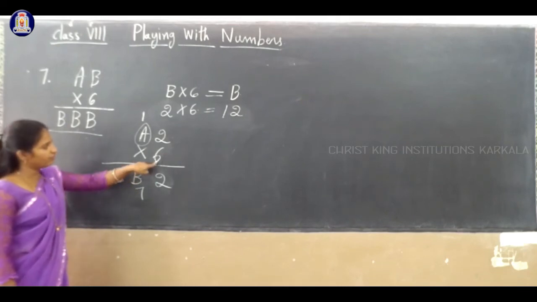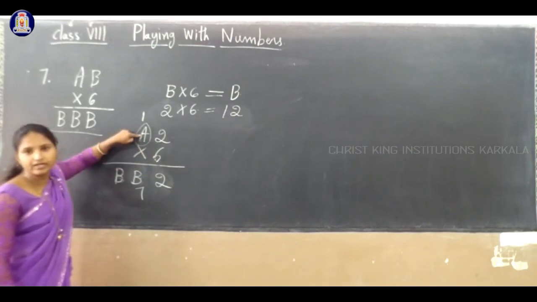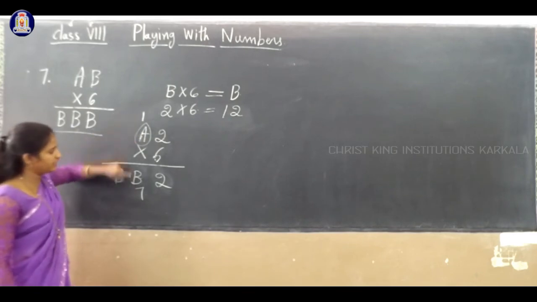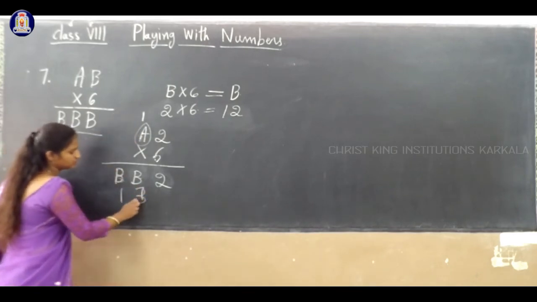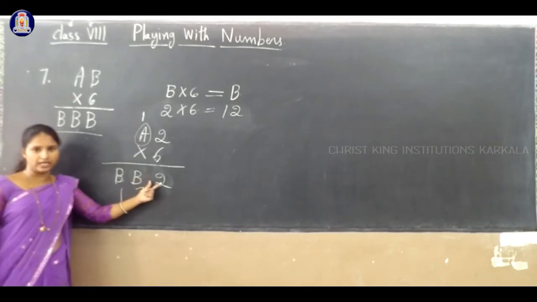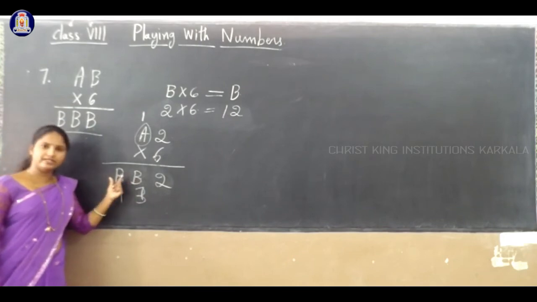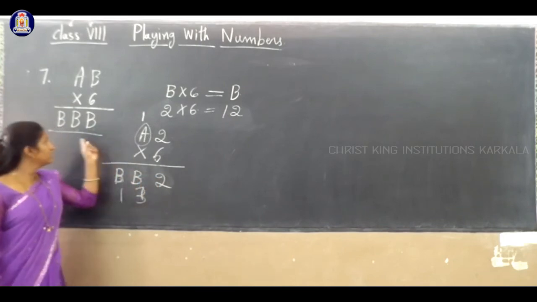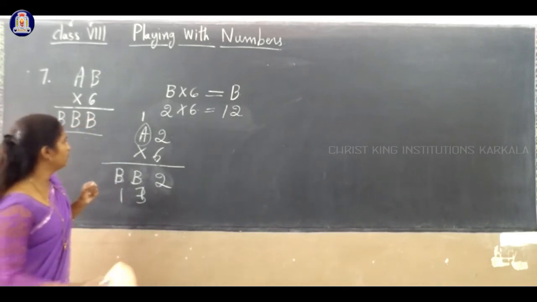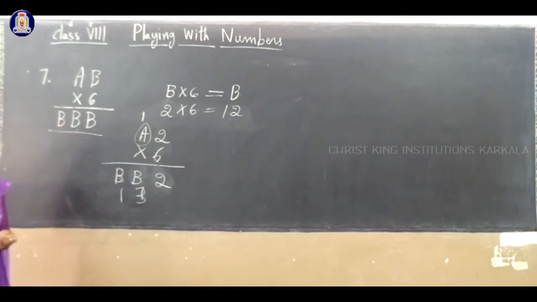So if you give, for example, A value is 2, 6 2s are 12. 12 plus 1 will get 13. So this is also not possible, because we should get the same answer. If you get 2 here, you should also get 2 there. Why? Because the answer is B. Correct? So now the value of B is equal to 2 is not possible.